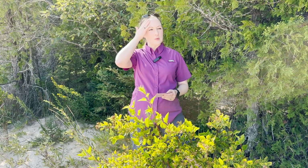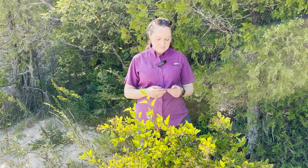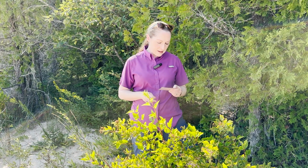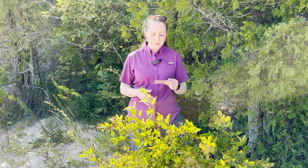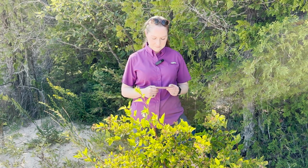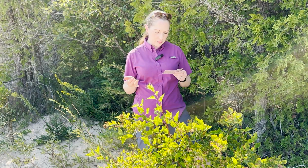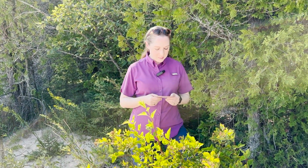So I'd like to start with Ninebark, Physocarpus opulifolius, and this is a lovely native shrub species whose range covers much of the eastern half of North America. You can find it throughout Michigan's lower and upper peninsula. And this species has been referred to as resembling a cultivated spirea. So it's actually quite ornamental in its appearance, but something that you can find in a wide range of natural